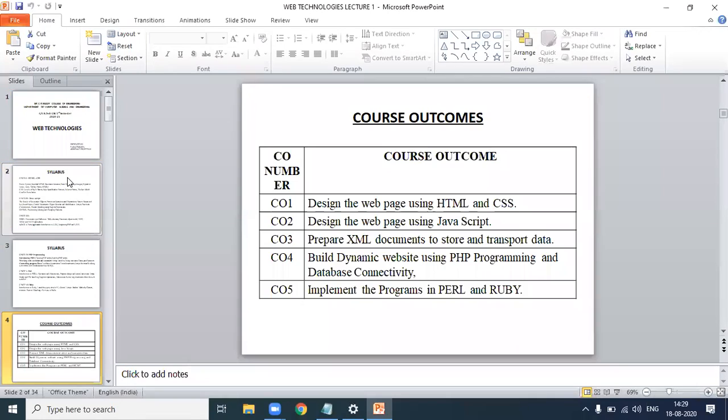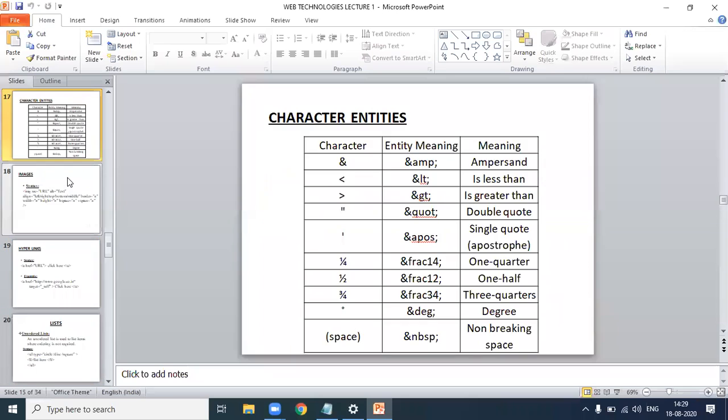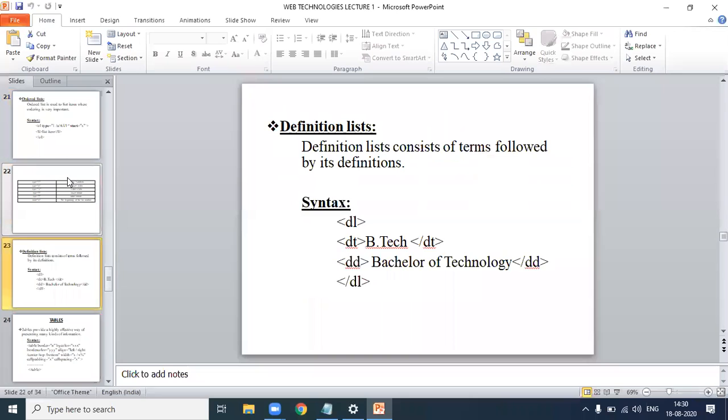In today's class we discussed lists and tables.